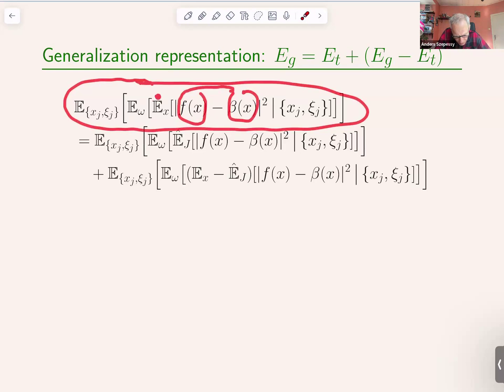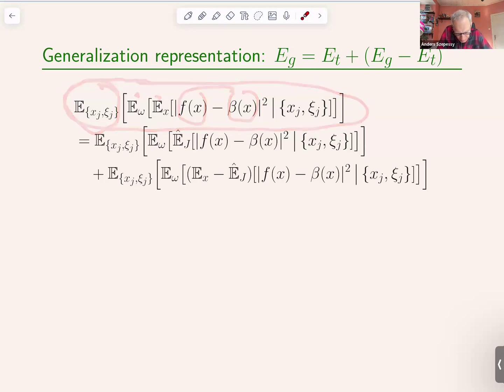We take the expected value with respect to data points and with respect to our frequency setting, and then the expected value with respect to the data set. And we split it up so that here, instead of taking the expected value over the data points, we take the empirical